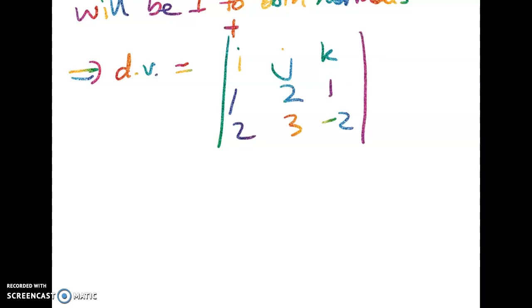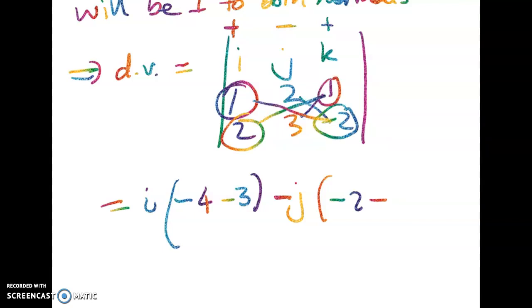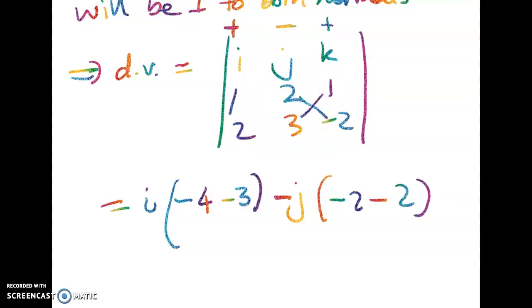And remember, the signs of these go like this. So that direction vector is I times crisscross here, negative 4 minus 3, minus J, crisscross here, negative 2 minus these 2. What a big mess. Minus 2. Let's see if I can erase some of that. Oh, magic. Don't you wish you could do that in the exam? There you go, all cleaned up. And so lastly, it's going to be plus k